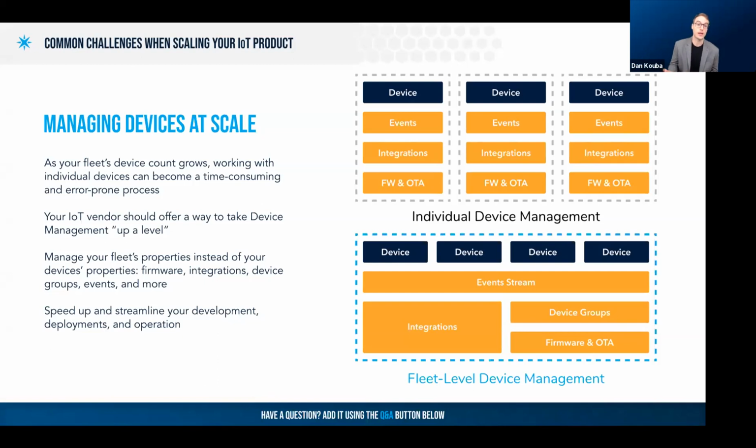And then also downtime becomes extremely critical, because at the point you're in the field, suddenly these devices are now customer facing, or they're actively collecting data that you need. And so there's no room for error once your fleet reaches a certain size. So seeking out a sustainable way to manage hundreds, thousands, potentially tens of thousands of devices is absolutely critical for a successful IoT deployment. So thinking about this, you just want to take your device management up a level.